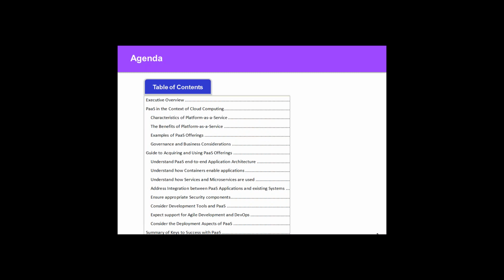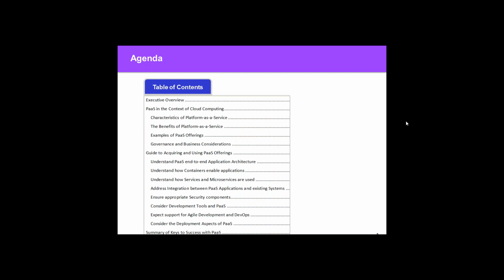The recommendations and best practices for using PaaS that are contained in the guide and included in this presentation are going to cut across a wide range of disciplines, including architecture, development processes, integration, development, and operations.